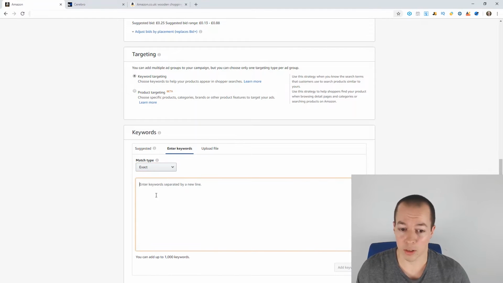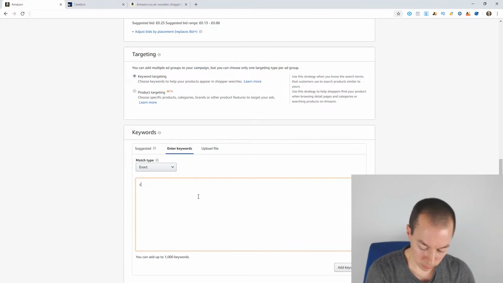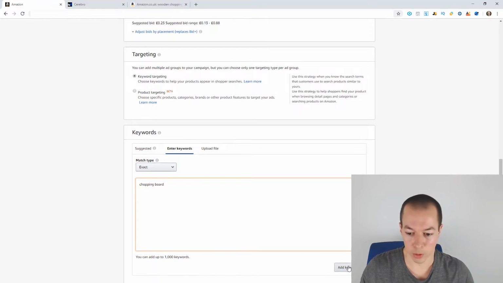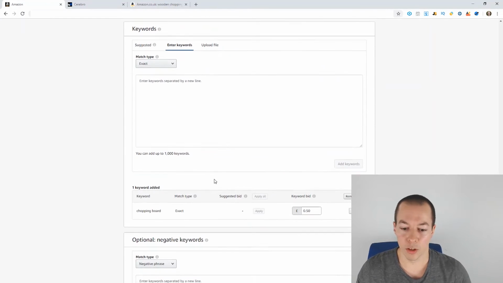So you put all your keywords in there, and then you click launch campaign, and that is it really. So you get your data from Helium 10, you find your best, most relevant keywords that can provide good volume, and you create the campaign with a default bid. Now when you put in a keyword, so if I put in this one here, chopping board, let's see, if we put chopping board and then add keywords, when we scroll down,